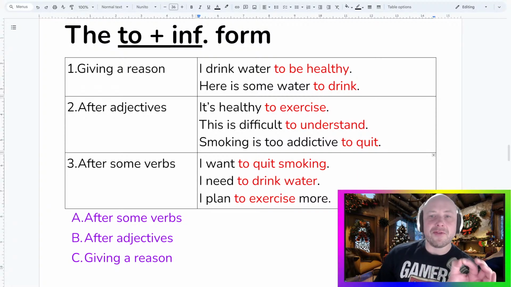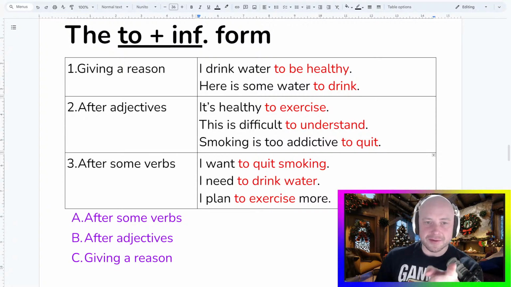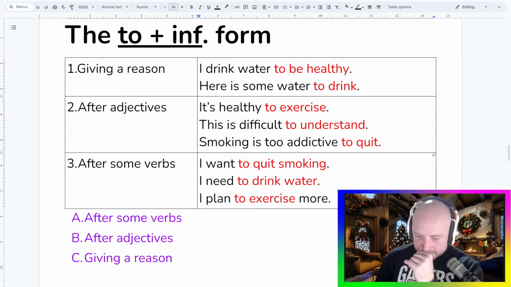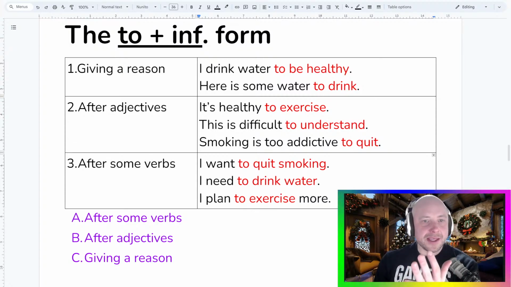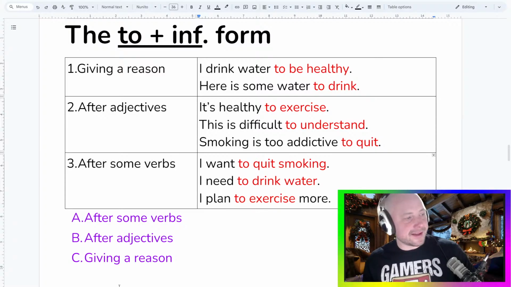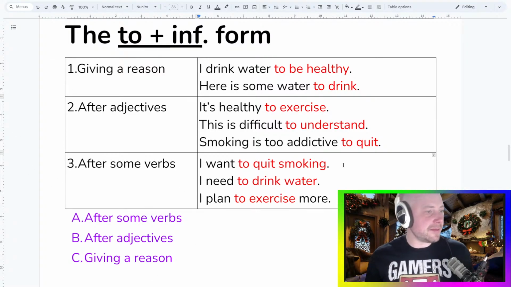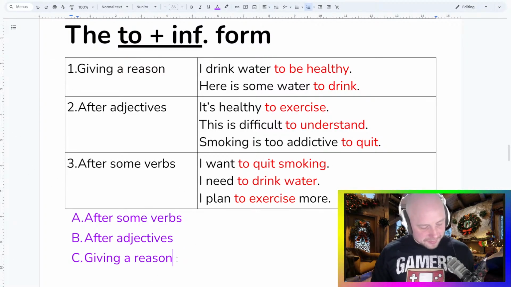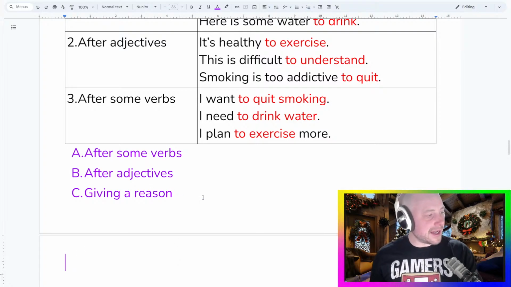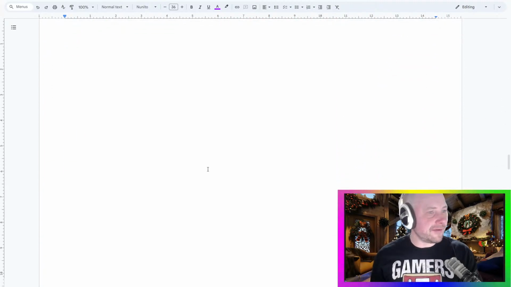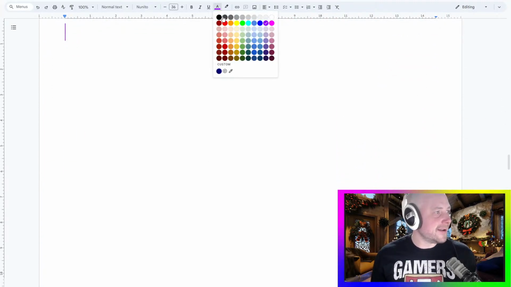All right, let's move on to the next section. We're going to talk about verbs after verbs. Are you ready for this? Verbs after verbs. It's everybody's least favourite. So, first, I think I need to explain this idea of verbs after verbs. We need to maybe compare some of these a little bit. So let's get a blank page here.